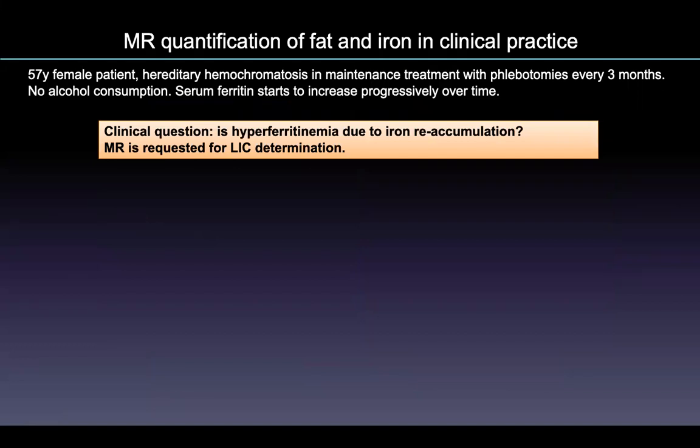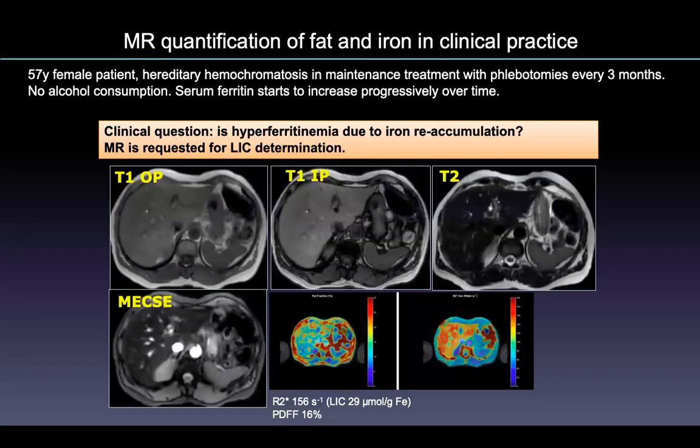So this is a case of a patient that is now in maintenance treatment with phlebotomies every 3 months. And the serum ferritin starts to increase progressively over time. So the clinical question is: hyperferritinemia due to iron reaccumulation? So an MR was requested, and we can see that there is no significant iron overload, but this patient